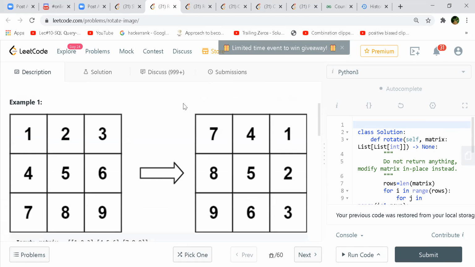Another, yeah, go ahead. We can use pointers and swap elements. So first we start with the corners and then go to the middle elements. No, but how will you get row to column? I mean, first row, how will it become last column, the way you are saying, without doing the transpose?